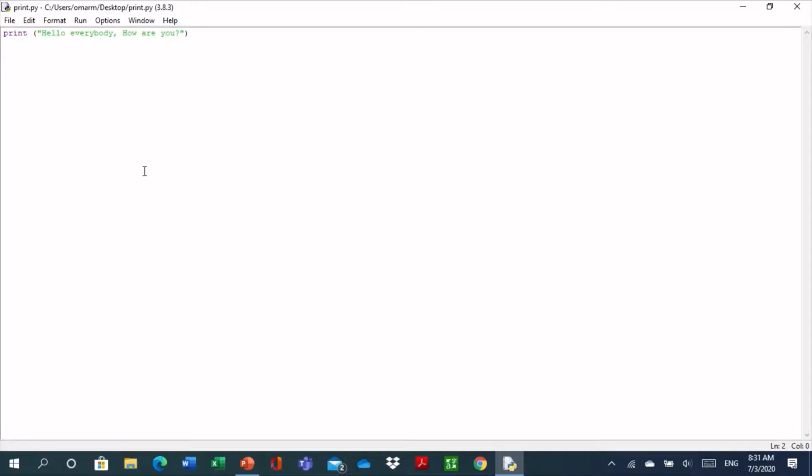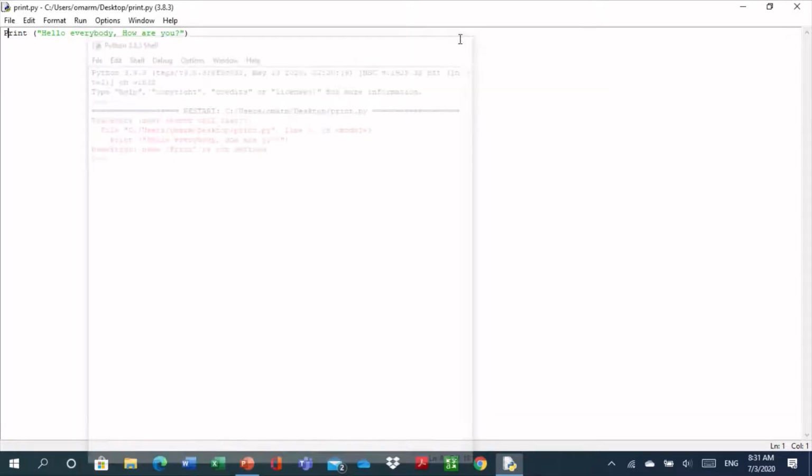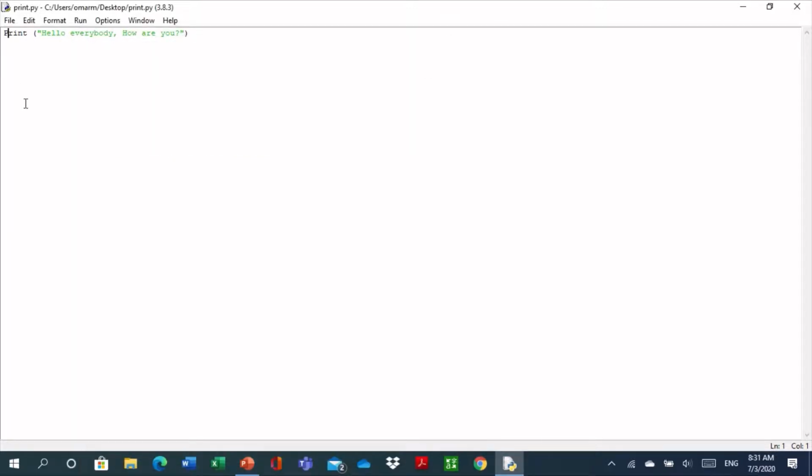And now, let's make some mistakes to know what will happen. So we'll make the P capital first, and then see, it can't understand what this print is. You cannot use print with a capital P. So let's return it as it was, and delete the quotation mark like this,